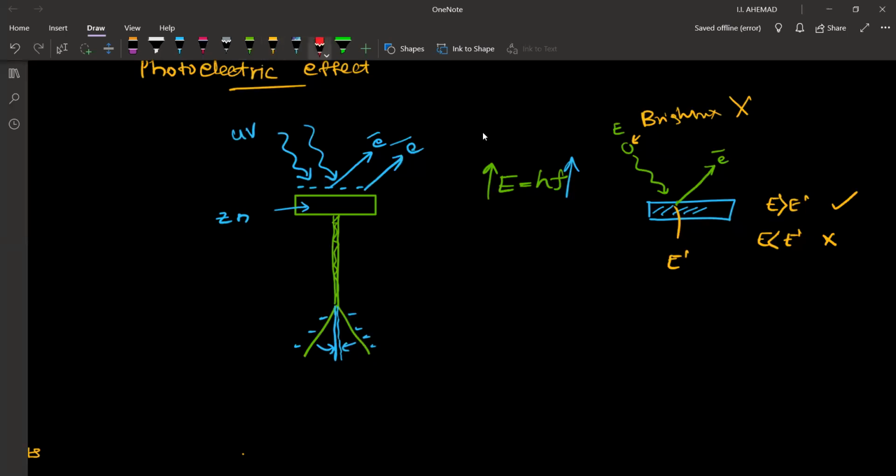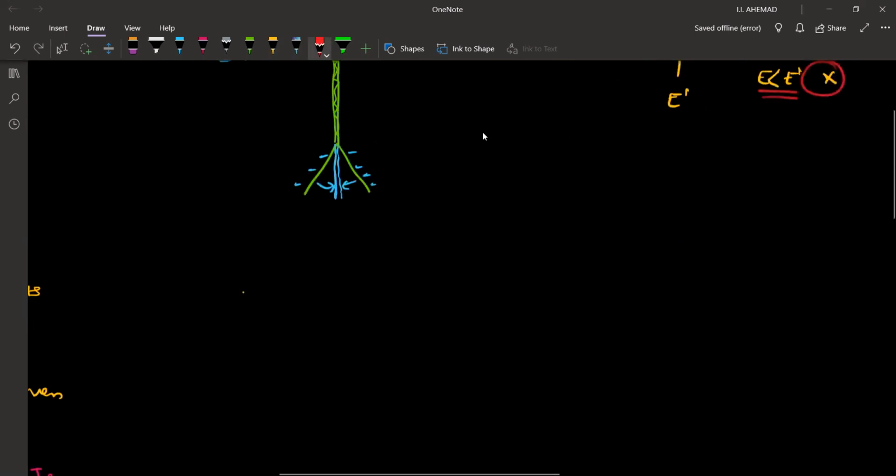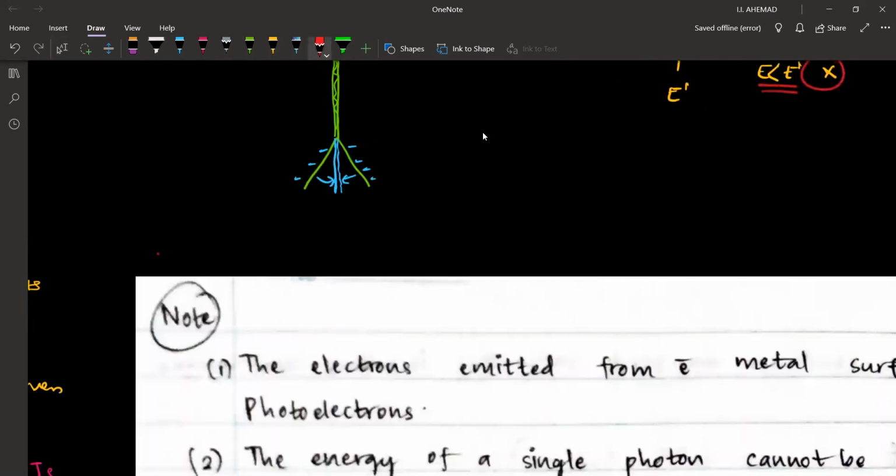So here the idea is simple. If we have sufficient energy, then there will be an emission. If the energy is less, there won't be emission. Okay. So if you write that one as a note,